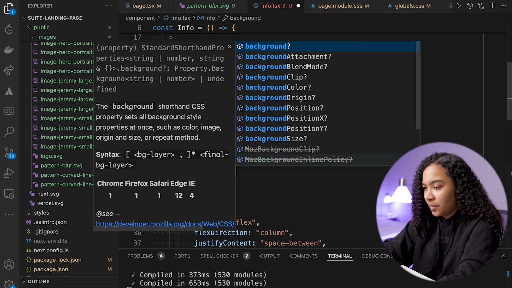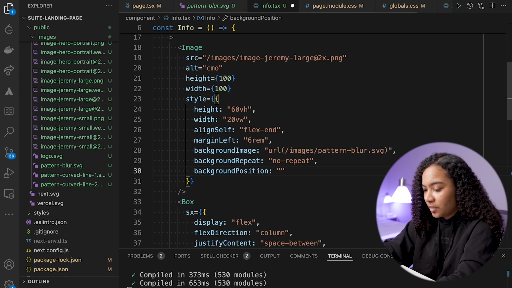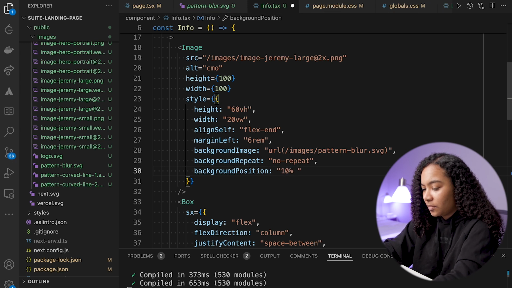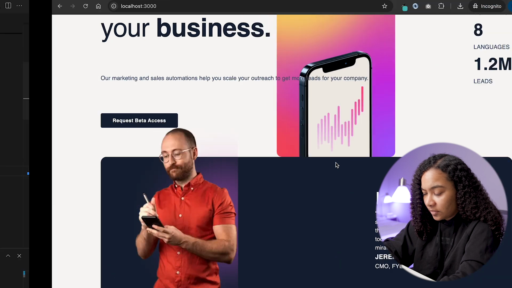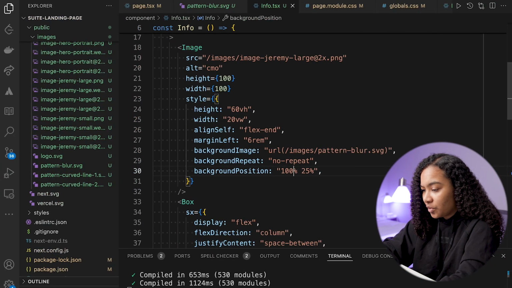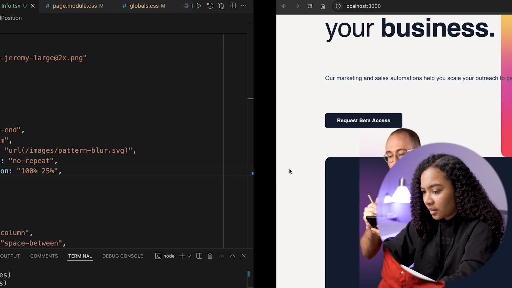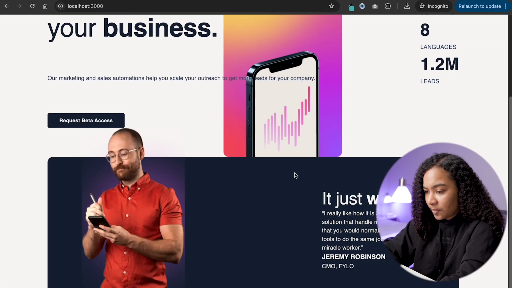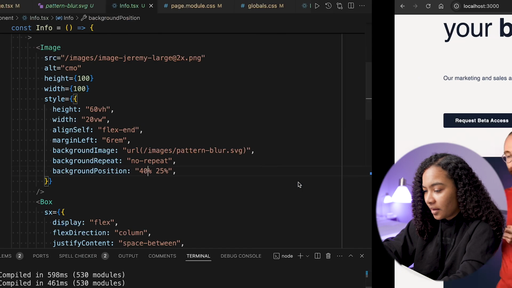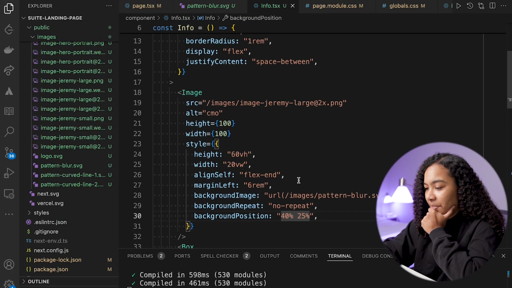Background position, 10%, 25%, 100%. Okay, let's go 40%. That's pretty much it. And then how do I get the edges to be,